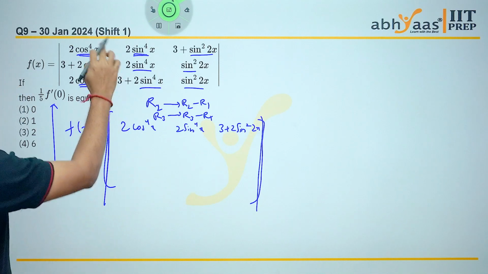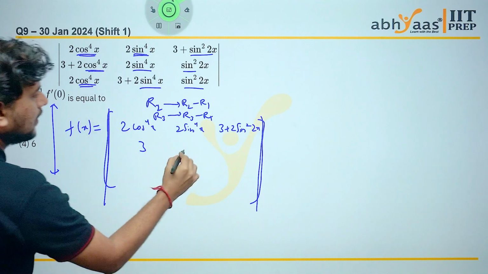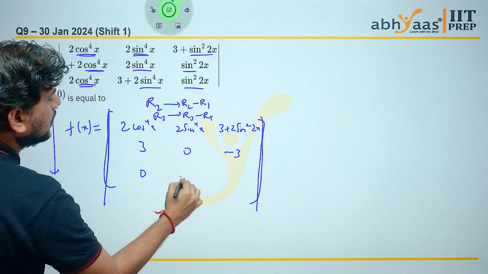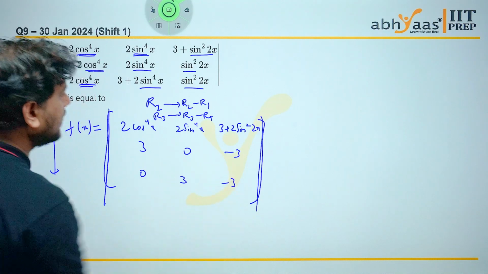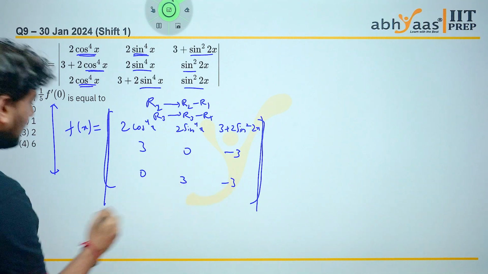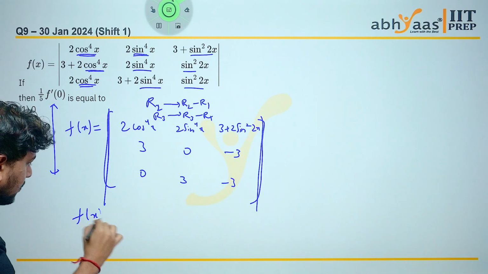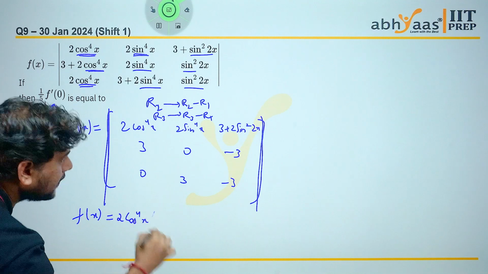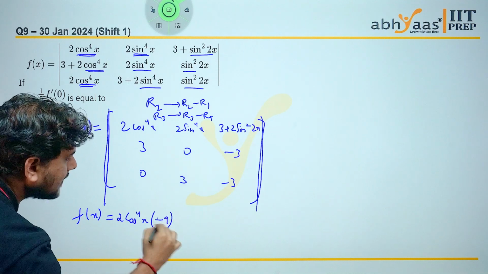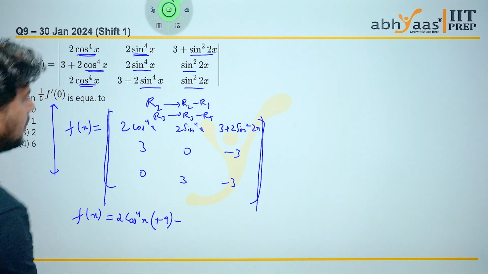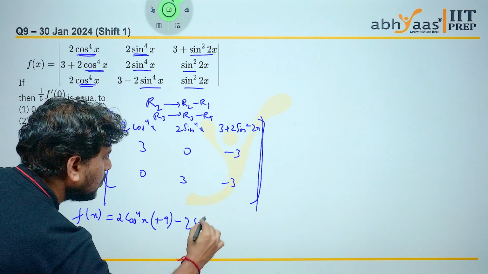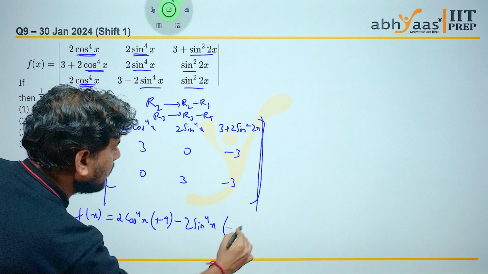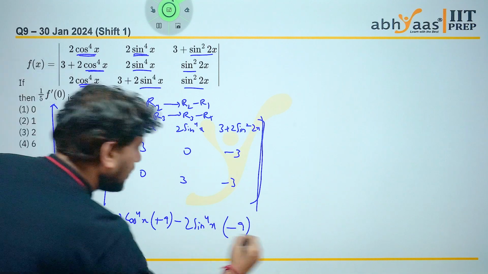3 plus 2 cos power 4x minus, so 3, 0, minus 3, 0, 3, and minus 3. If we open this determinant, we will get f of x is equal to 2 cos power 4x into plus 9, minus 2 sin power 4x into minus 9. Okay, plus